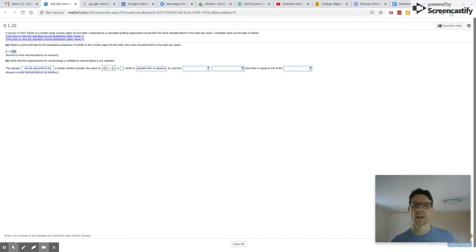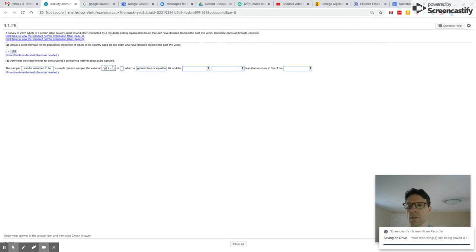Okay, this is number 8, part B from chapter 9.1. And here we're talking about population proportions in this chapter and trying to estimate them. We're doing that from a sample, right? That's the inferential technique: to use information about a sample to gauge what's going on in